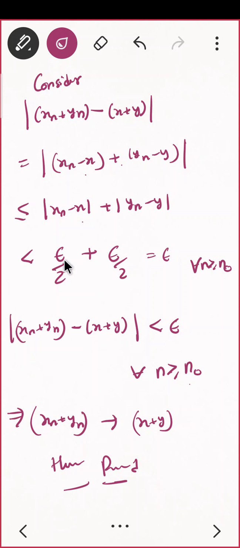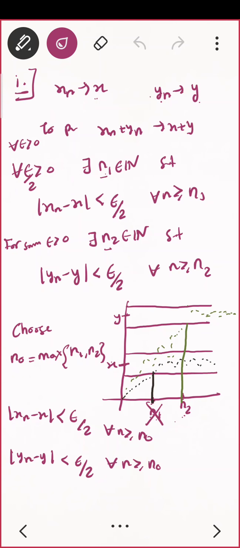But अभी तक मेरे को ये नहीं पता था that mod of xn minus x is less than epsilon by 2 for a single n naught, and this should be also true for single n naught. So ये करने के लिए I go back here and first I wrote the definition of xn converges to x, but where I am choosing epsilon as epsilon by 2 because last में मुझे दिखा कि addition करना है. So I'll choose for all epsilon by 2 there exists n1, because ये भी तो एक number ही है ना, I can do that. There exists n1 belongs to natural number such that this is same. There exists n2 belongs to natural number such that this is less than equal to this for all n greater than equal to n2.